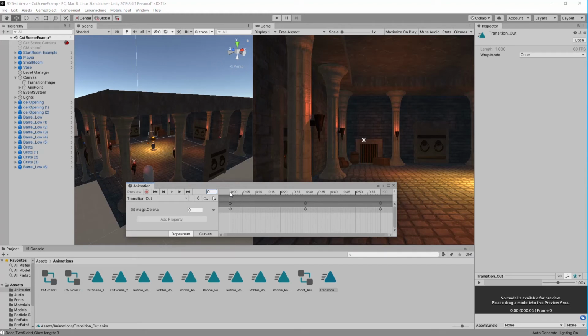Well, it goes from clear to full opaque black, then back to clear, all within 1 second. So it's just a real quick black transition between one camera to another. Okay, and all you do with that is